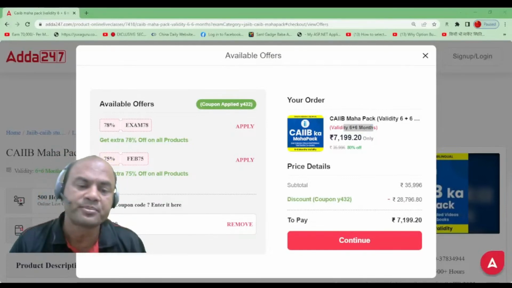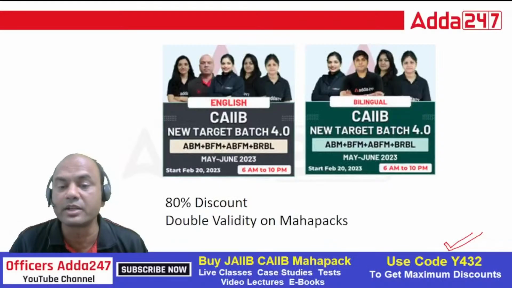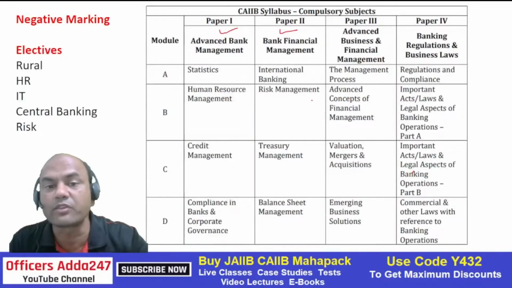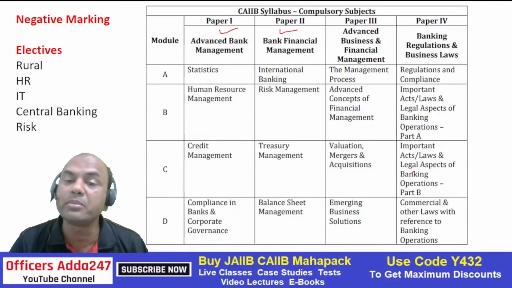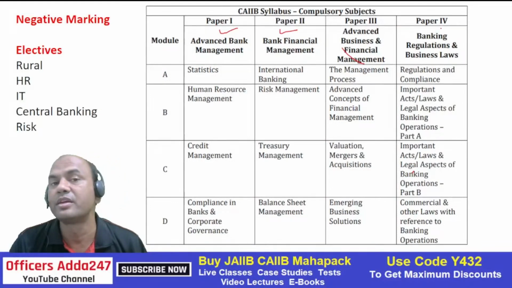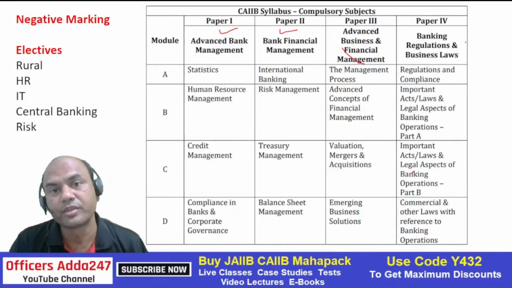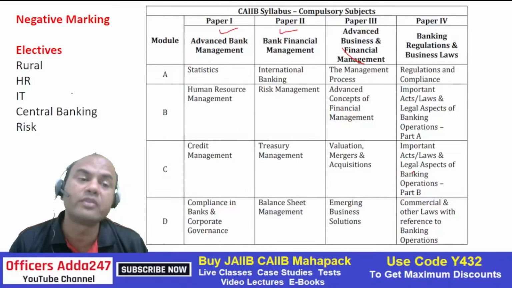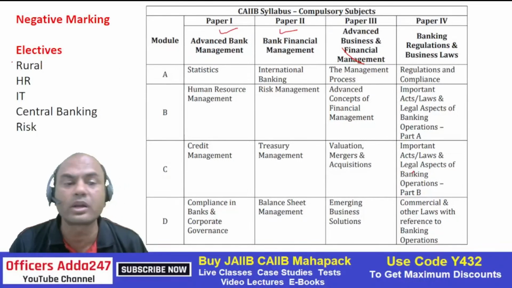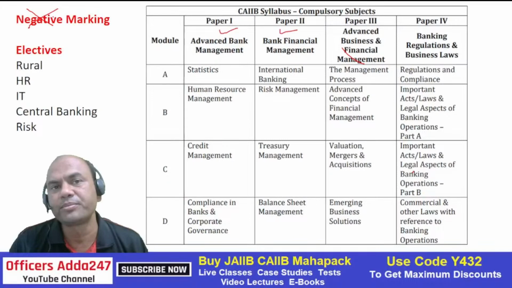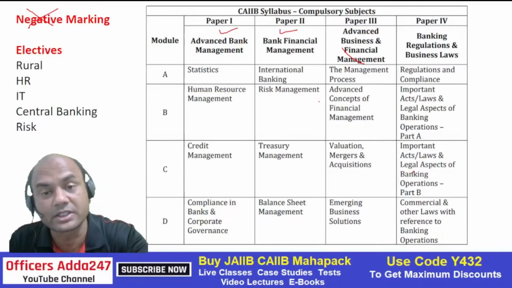Why am I stressing on these batches? Because look at this, the portion for CAIIB has changed. The portion for CAIIB is tougher now: ABM, BFM, ABFM and BRBL. Earlier you had only 2 subjects, now you have 4, and these are totally new subjects. Even the electives: you had retail earlier, now no retail. Rural, HR, IT, central banking and risk. Negative marking has been removed, so that is a good sign for you. You can definitely join the batches. I would suggest you join the batches, and